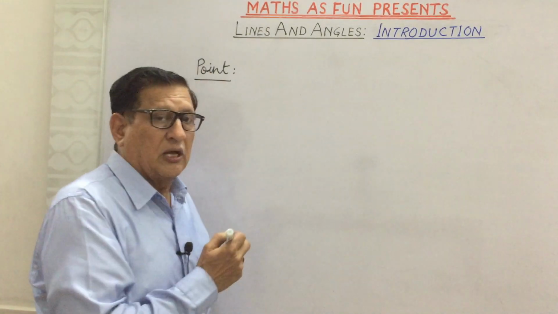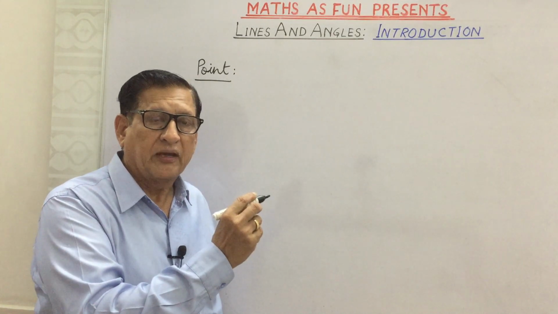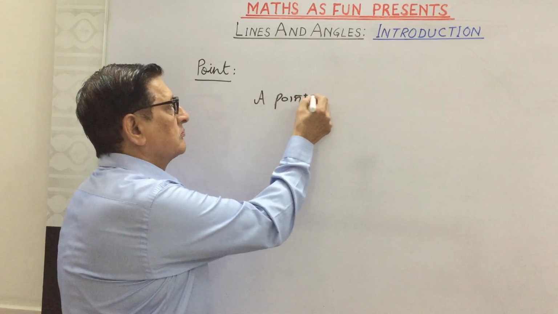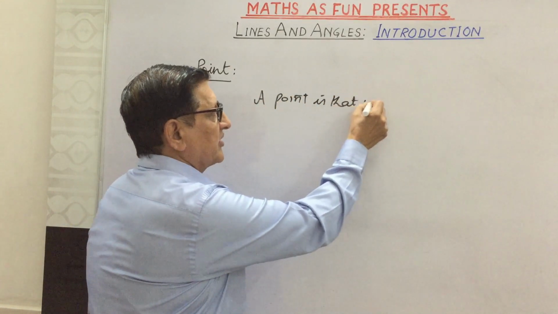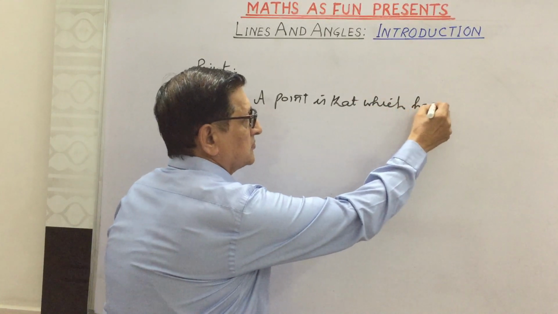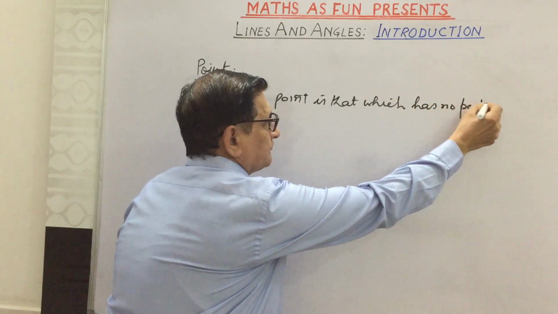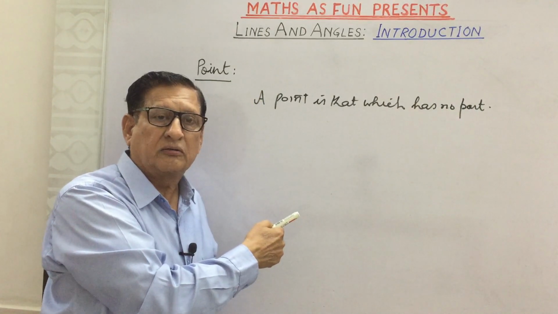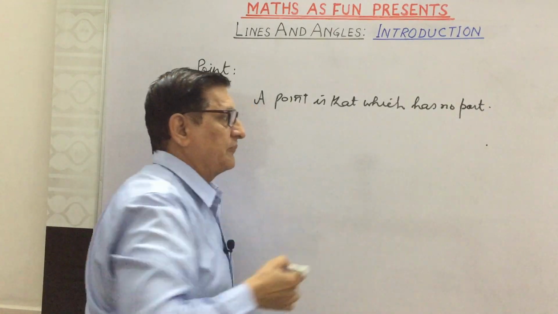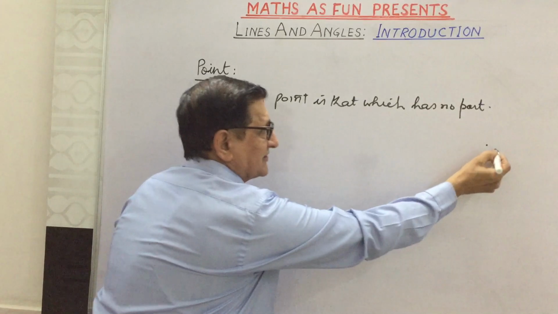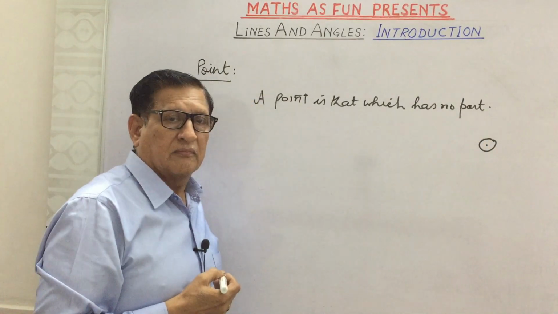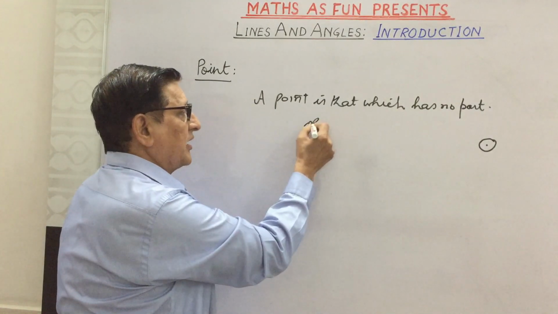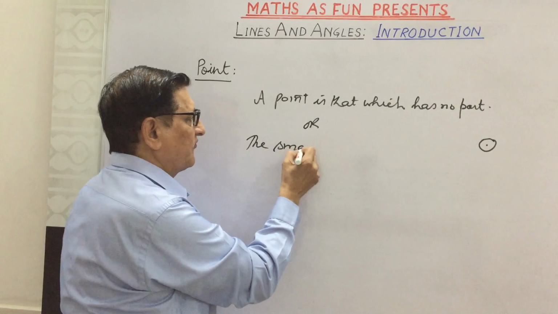What is a point? A point, according to Euclid, is defined as that which has no part. What does it mean? It means this is the smallest geometrical figure. If we put a dot here, inside the circle I am showing, we can't make any parts of it because this is the smallest. So we can also say that it is the smallest geometrical figure